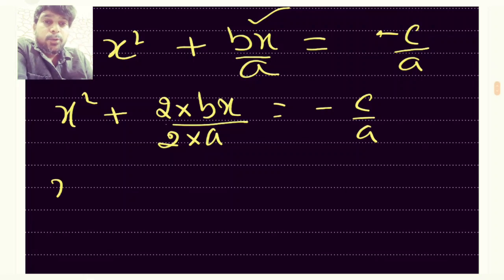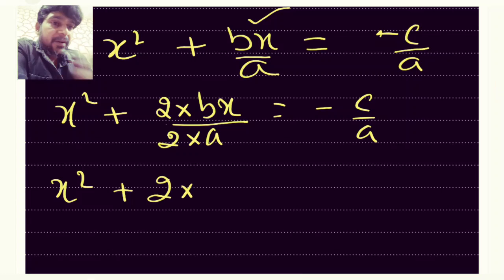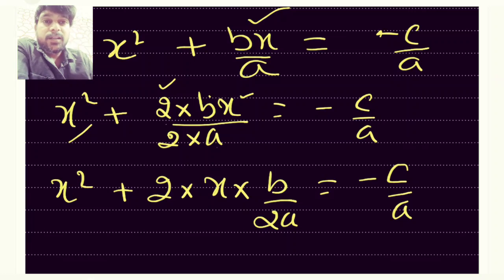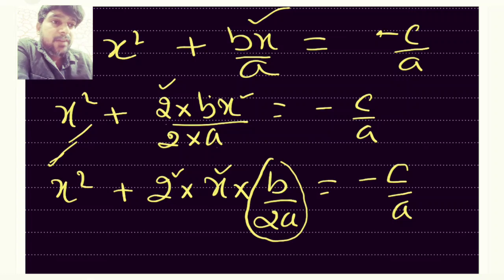Now this equation can be written as x square plus 2 times, right? We are going to separate the first term, that is x, and let's write the remaining thing, because x has been taken out, 2 has been taken out. Now b upon 2 it becomes, so it will be written as b upon 2a here, and is equal to minus c upon a. So got the point? Now we have split, now we have x square, that is the first term square, the first quantity square, right? We have 2 times the first quantity, and this thing is going to behave as the second quantity. This had already been taught in the first lecture, so just go through it once again, right?